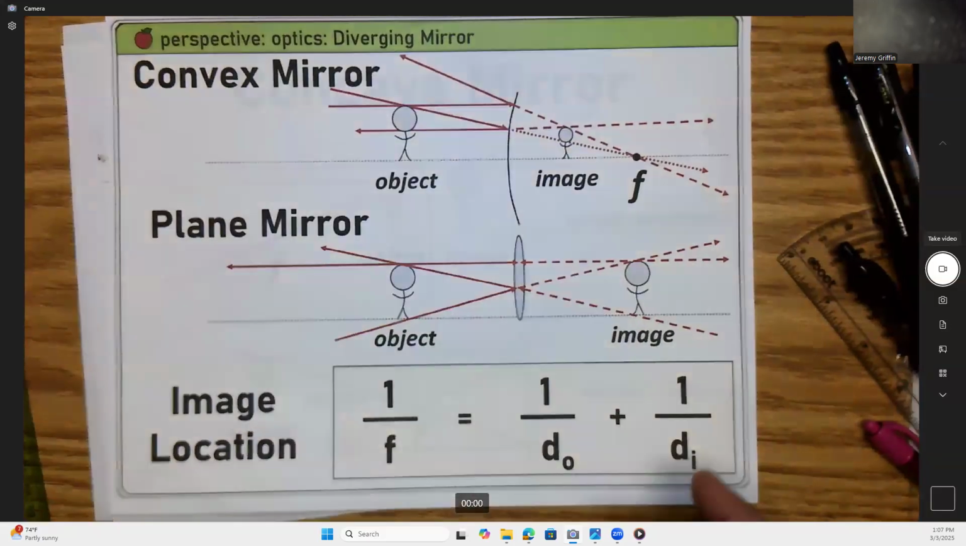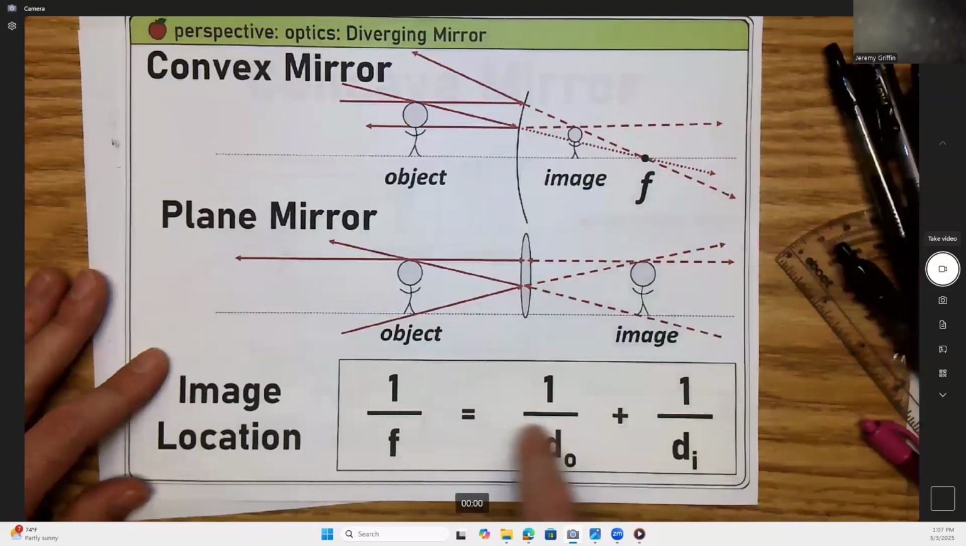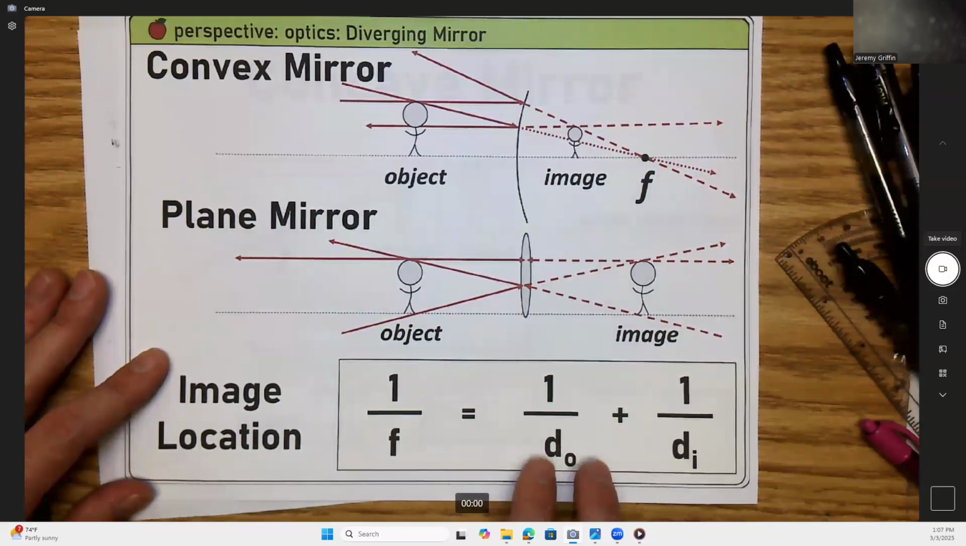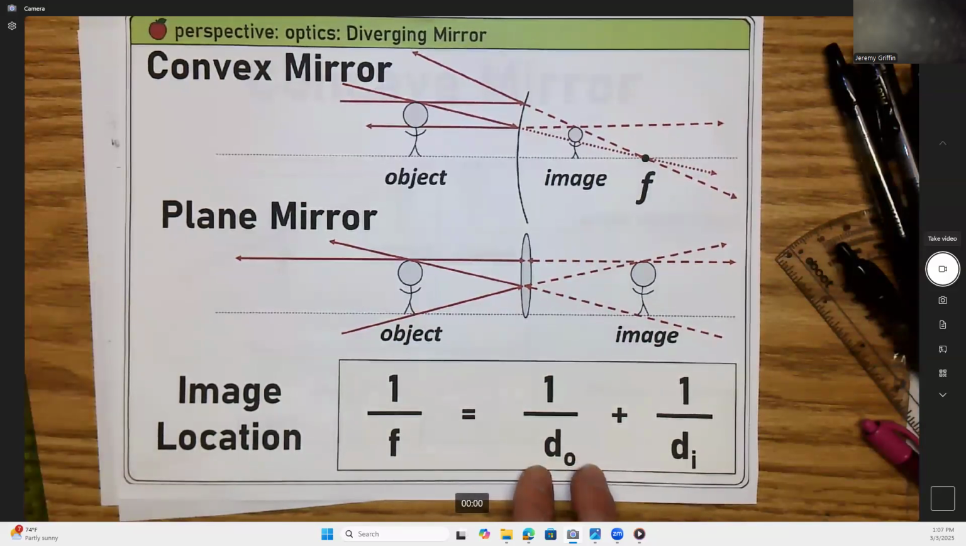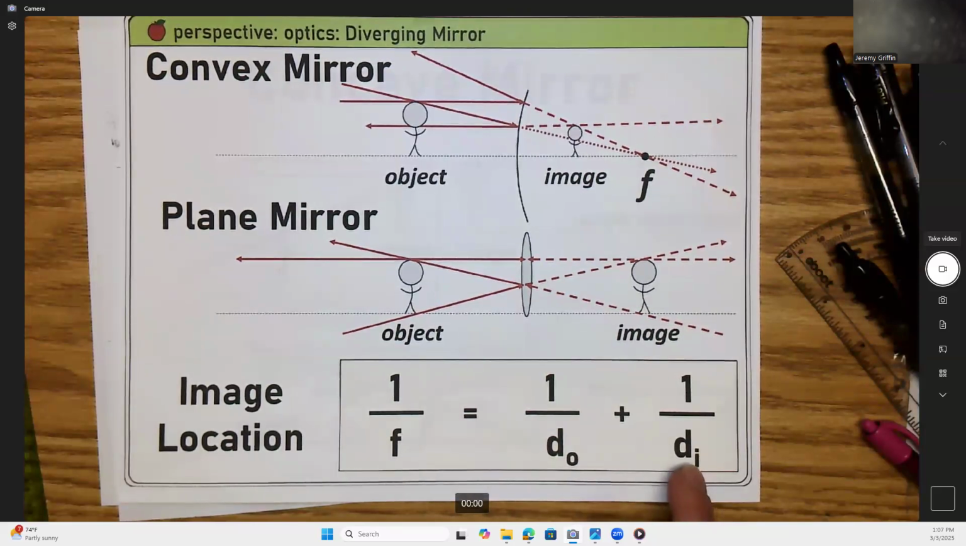We did these convex mirrors. So here's a convex mirror, here's a plane mirror. And we've been applying this formula all day today: 1 over focal length is 1 over distance object plus 1 over distance image. Distance object is always defined to be positive. Distance image, whether it's positive or negative, tells you whether it's a real or a virtual image. And the focal length, whether it's positive or negative, tells you whether you're dealing with a